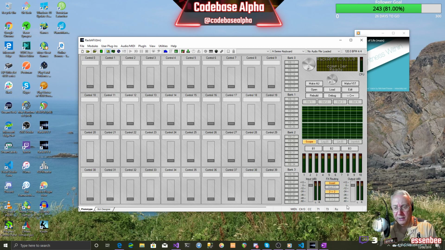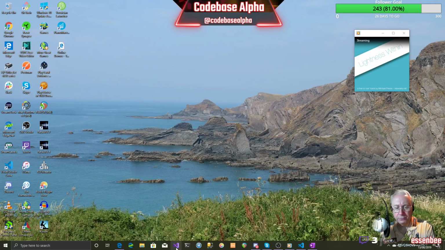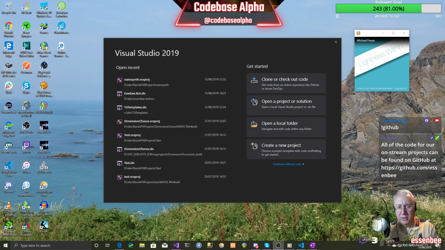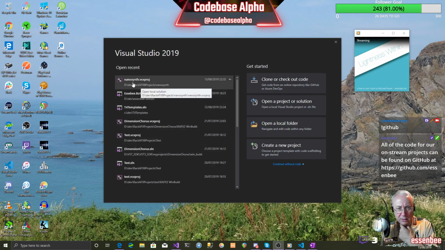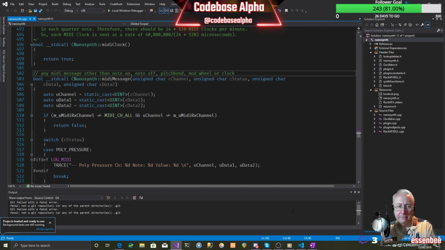After the stream, I'll fix up Git so that we're connected back to our Git repository, and I will load all this up into GitHub. So if you don't know, GitHub is here. It's my GitHub. I've got about 31 repositories up there. Some of them are forks of other people's repos, but I've got a fair number of my own projects. So NanoSynth will be up there shortly after the stream ends, and hopefully you'll be able to download it and have a play yourself. At the moment it doesn't do an awful lot, but eventually what we'll have,